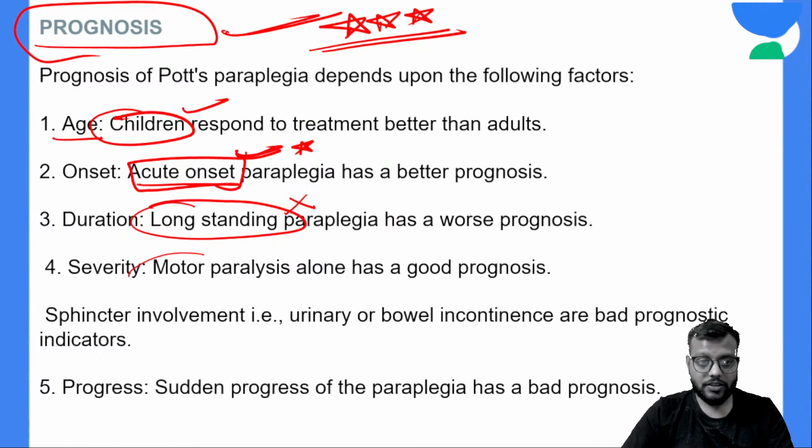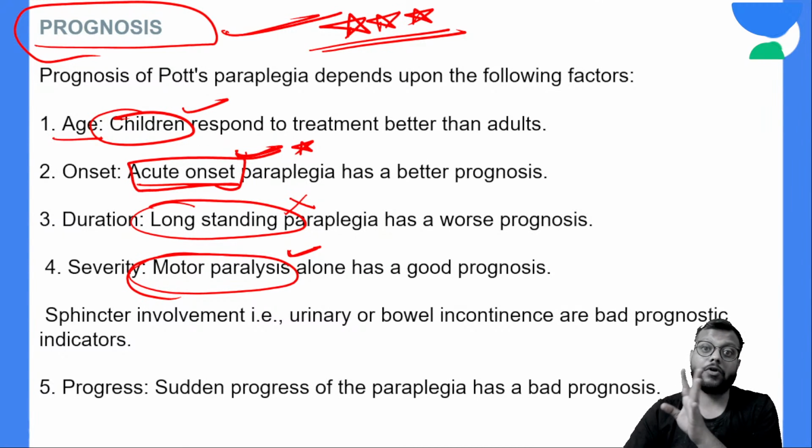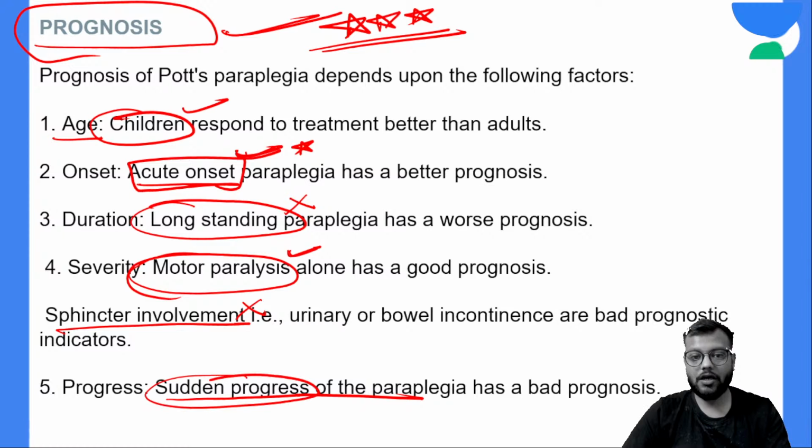Motor paralysis is a good prognosis, because we have seen that sensory is involved in the late part only. If sensory paralysis is present, it means the disease has progressed or advanced, and that is a bad prognosis. So motor paralysis is good. Sphincter involvement is a bad prognosis, and sudden progression of the paraplegia is a bad prognosis. Okay,